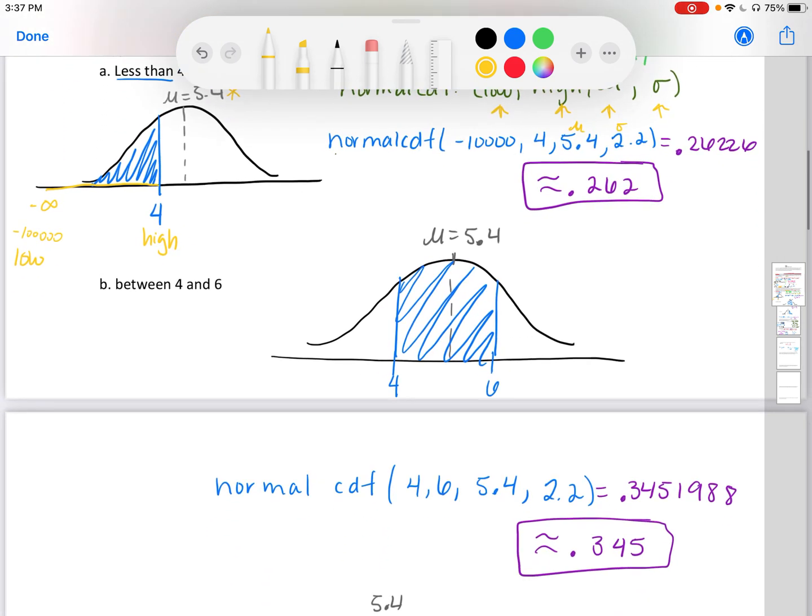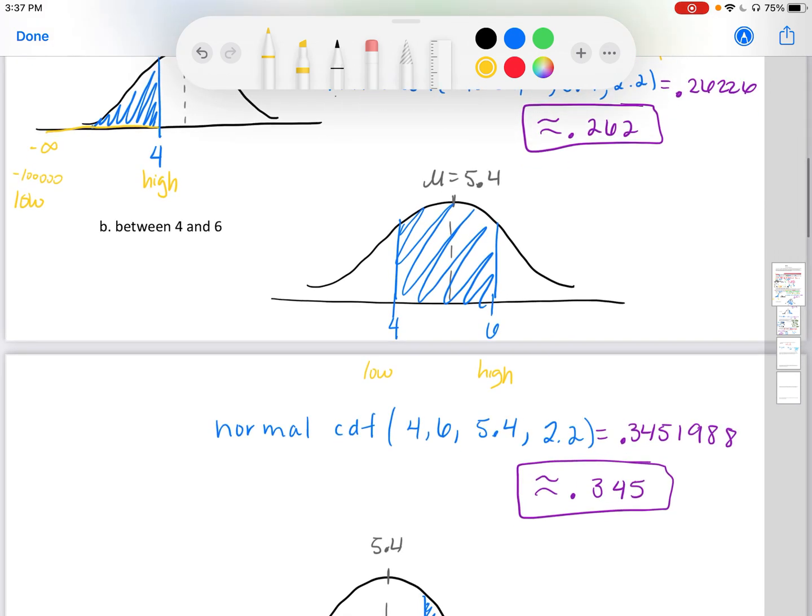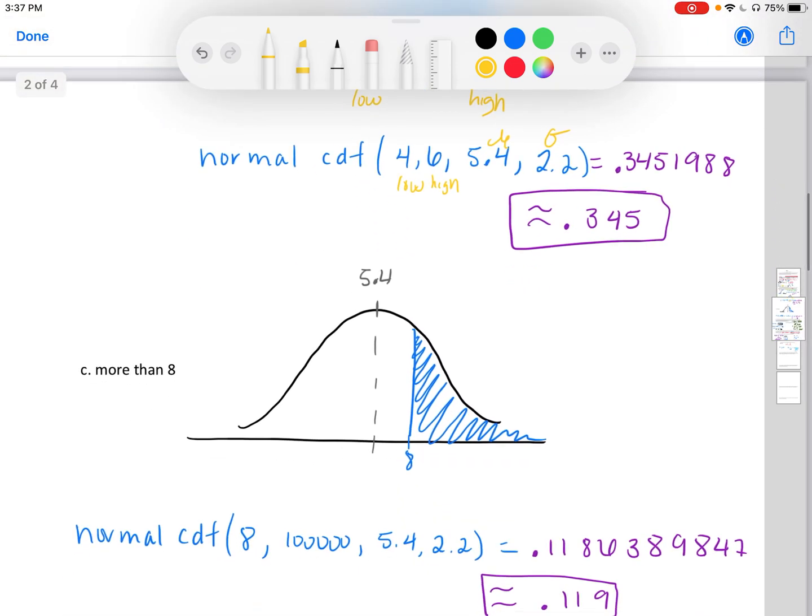Part B, between 4 and 6, so our lowest point is 4, our highest point is 6. So when we enter a calculator command, we have a low of 4, a high of 6, we have our mean and our standard deviation. For C, it says more than 8. So 8 would be our low. Our high, while theoretically goes to infinity, so you want to pick just a really big positive number,